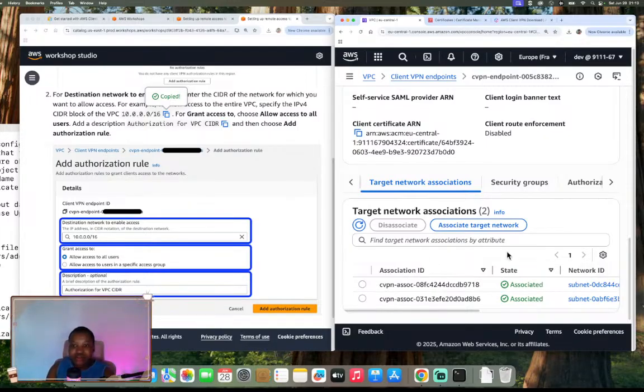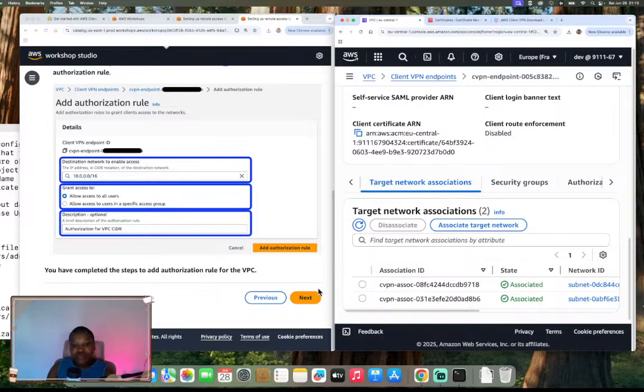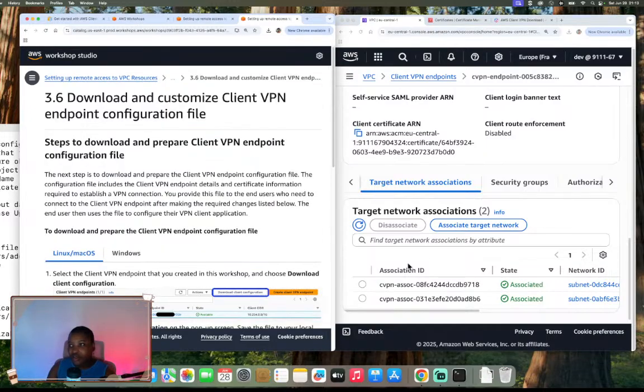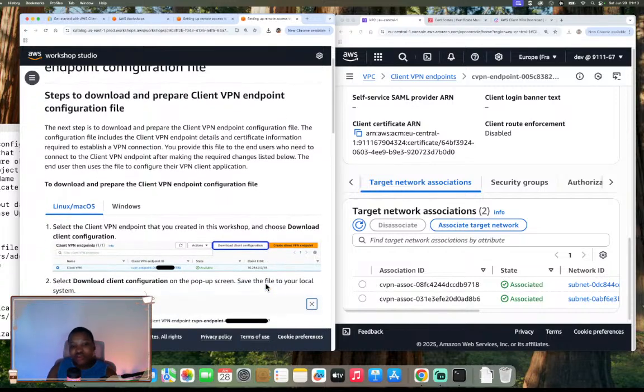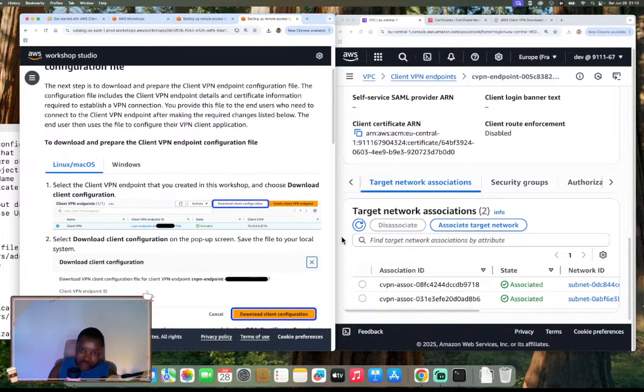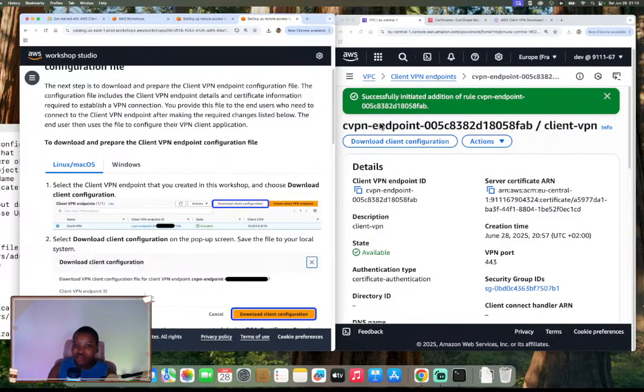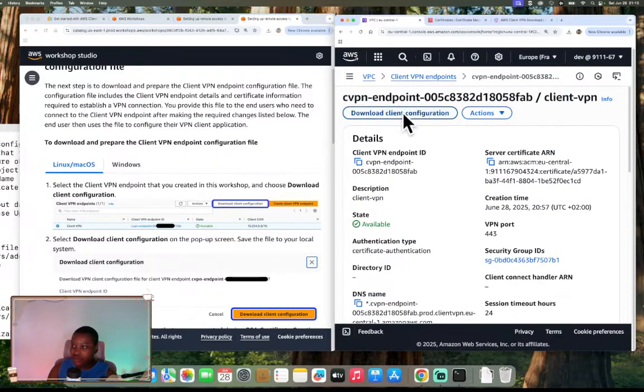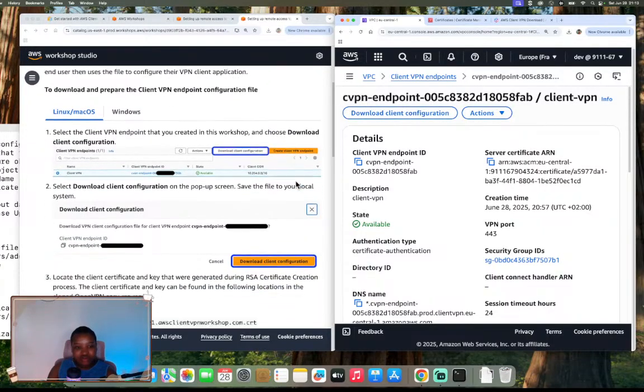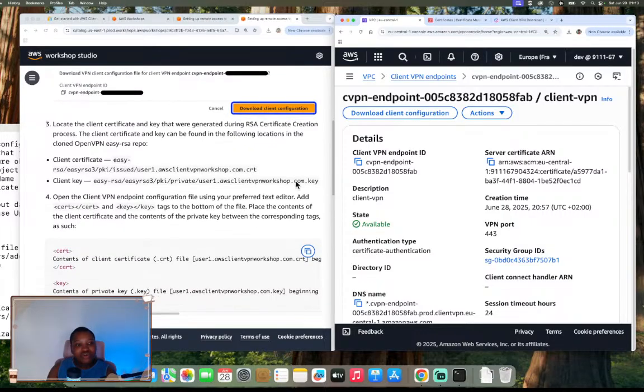So now we've added the authorization rule. We are going to be configuring the client VPN that we installed on our system. You should already have downloaded your client configuration. If you haven't, it is on this page. On your VPN endpoint detail page, you click download client configuration, and you see a file downloaded on your system. The next thing would be for us to